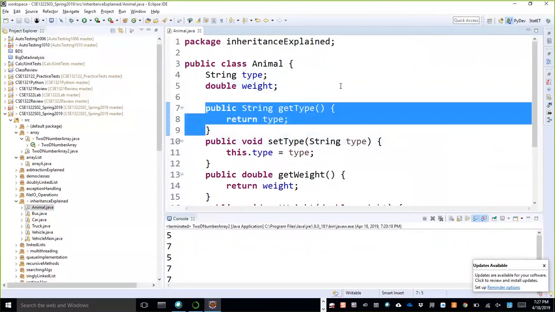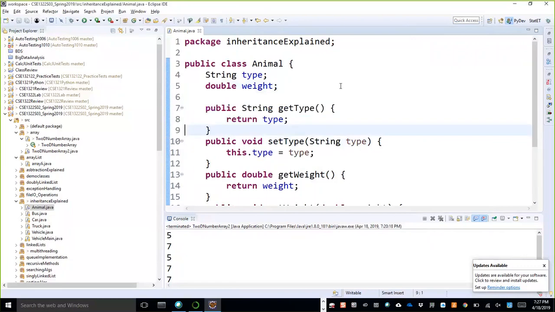Did I tell you a trick for how to remember which one is getter and which one is setter? A getter returns a value. What kind of value returns? What is the type of this? For instance, this is the getter for this type, right?